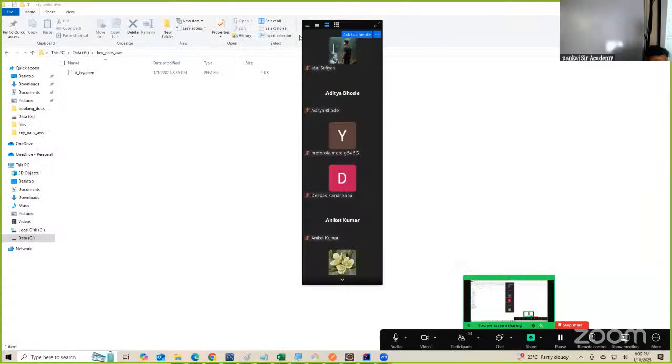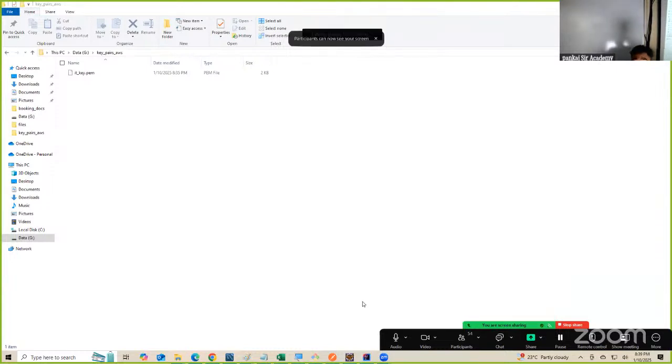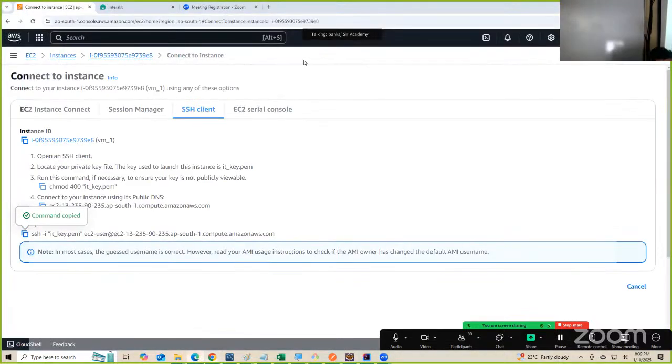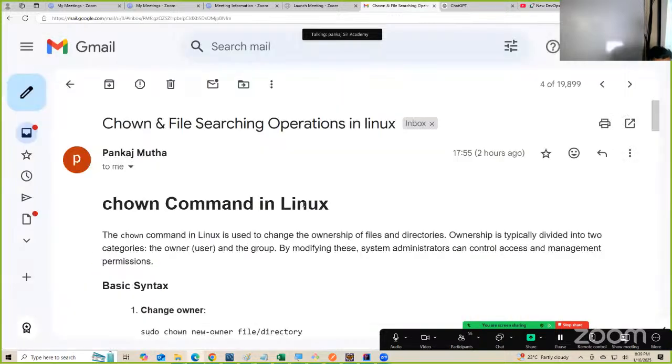Now, we are going to look at some more commands in Linux. I think in another 3 to 4 classes we should be comfortable with all the required commands for a DevOps engineer. Whatever is required, we'll comfortably finish all those commands in another 3 to 4 days. Today we are going to explore